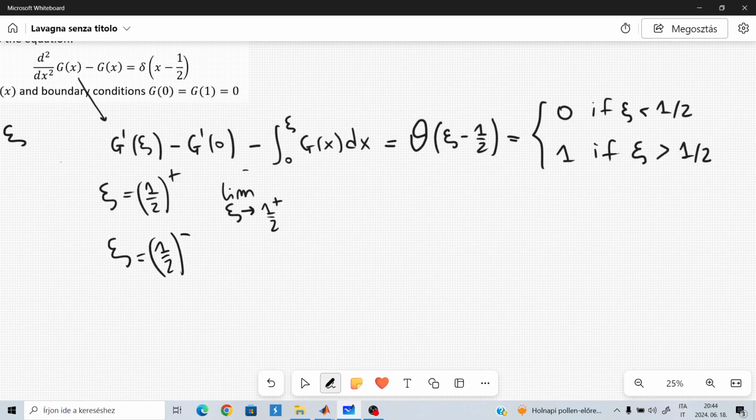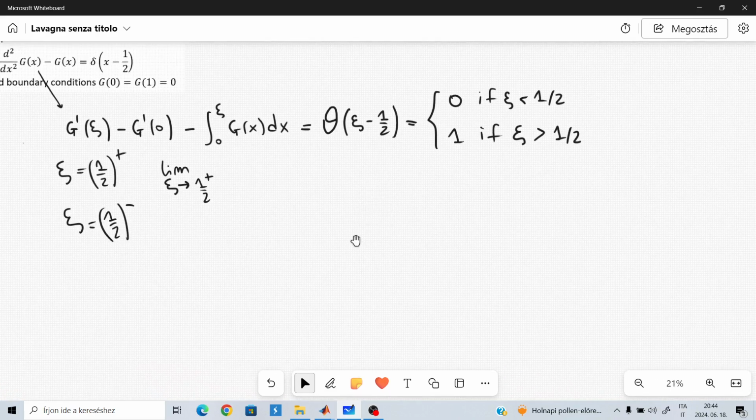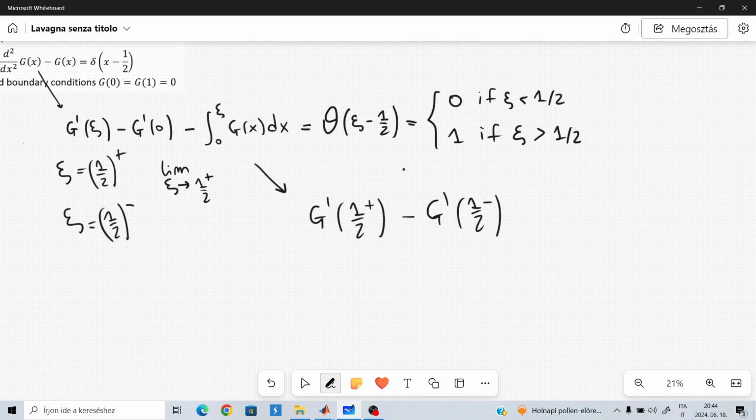And of course, that's the limit as xi goes to 1/2 from the left, so 1/2 minus. And if you take those two equations and you subtract them, you can quite easily get to the following equation. You have something like g prime evaluated at 1/2 plus minus g prime evaluated at 1/2 minus, and you can